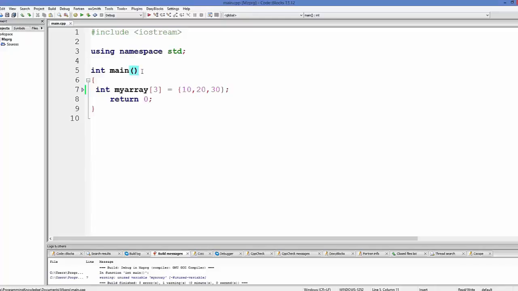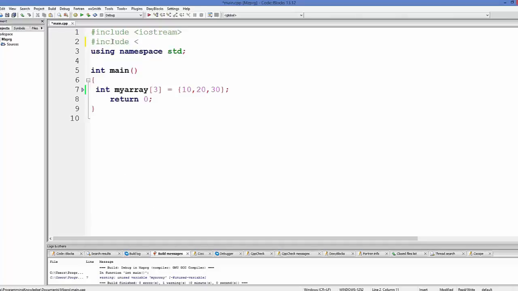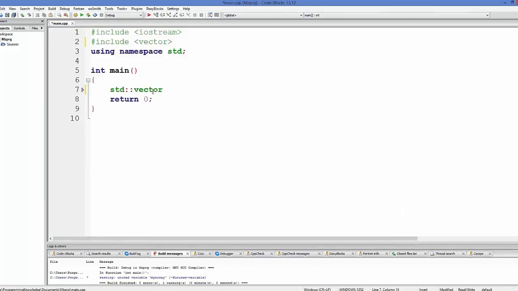But in addition, vectors come with their own functionality or functions which can be used in a much broader way than a simple array. So let's see how we can declare a vector. To declare a vector, you need to include the vector library. So include vector, and then to declare a vector you just need to call std::vector, and then in these